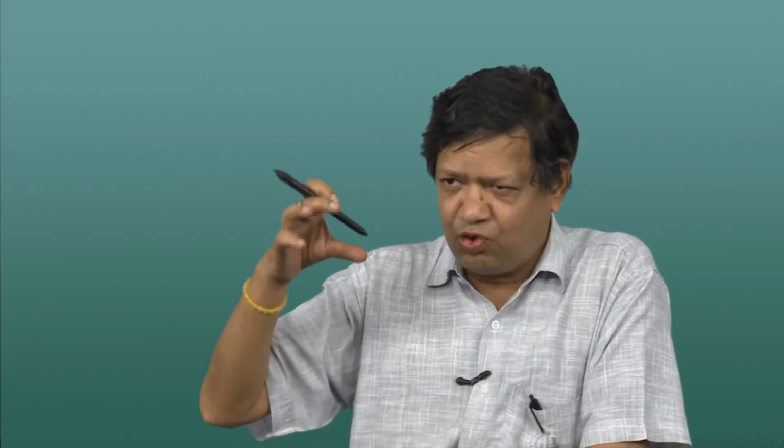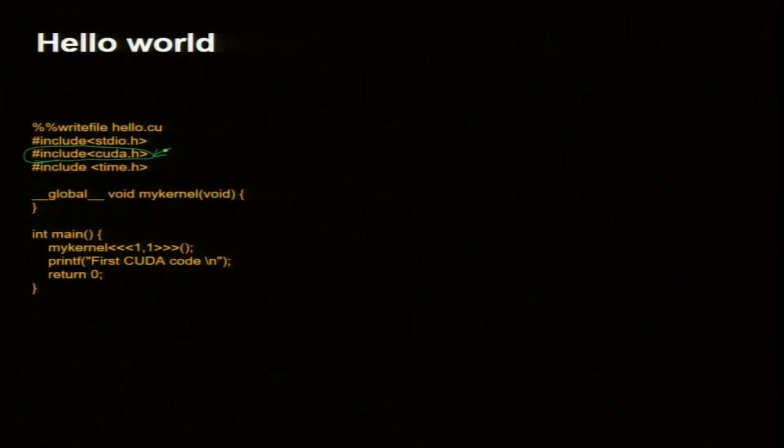CUDA also has a code, but the CPU is telling it to go and execute that code, and of course, there will be a machine code which will be running on the GPU. These are CUDA function header files, and time I am not doing timing right now, but we will do it later. You can time how much time it takes. Earlier, whatever we did for C++, we had timing, but right now I do not know how to time inside a GPU. I am going to tell you that part a bit later. Do not worry, right now let us focus on how the code works.